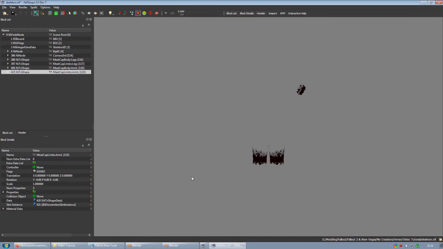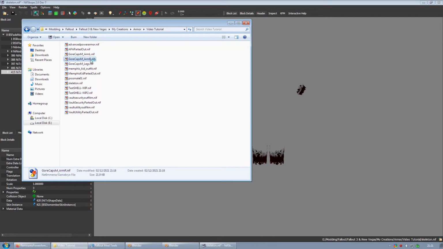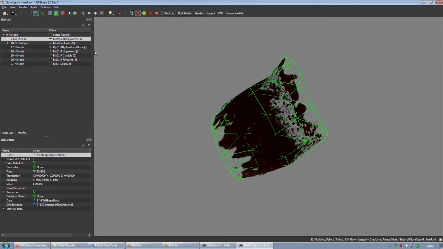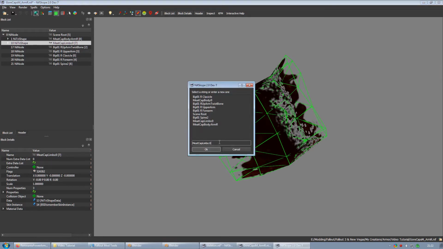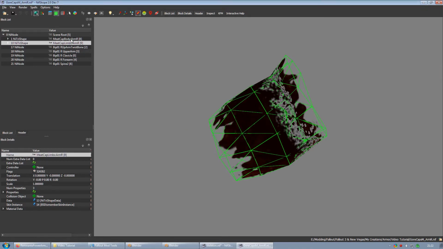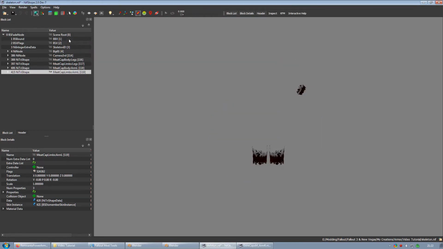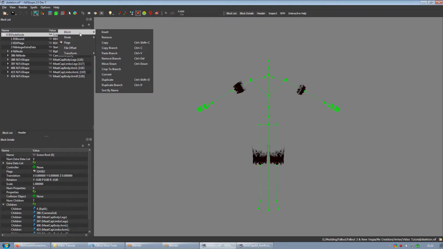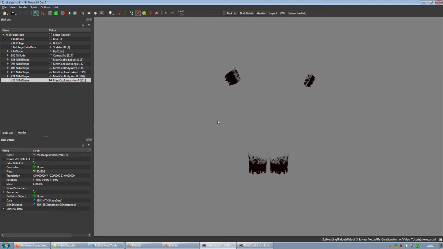Close that. Copy branch. Paste branch. Copy branch. Paste branch. Now, in order to get these things to merge properly when we do that in Blender, what we need to do is first delete the NiMaterialProperty